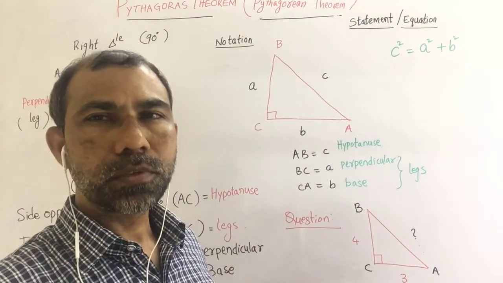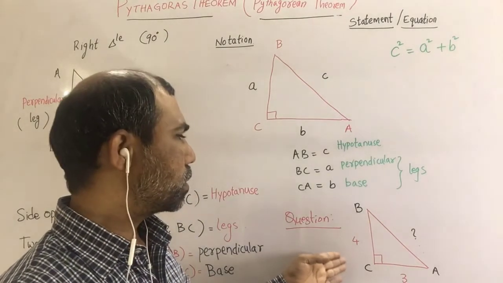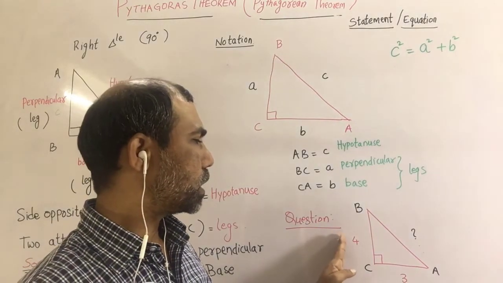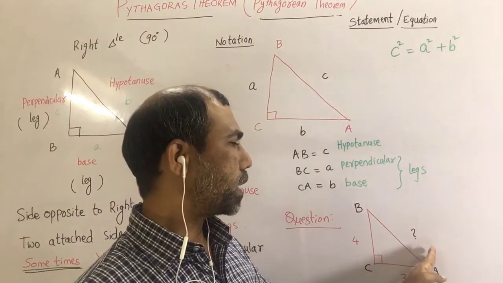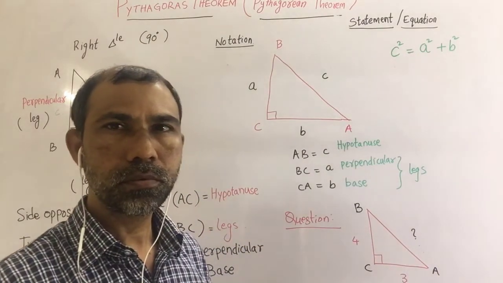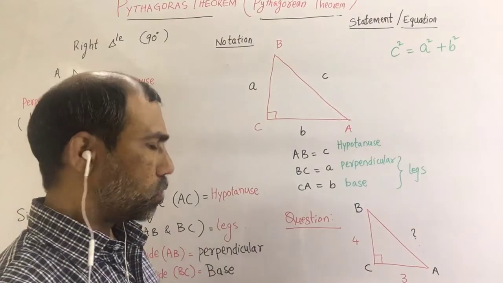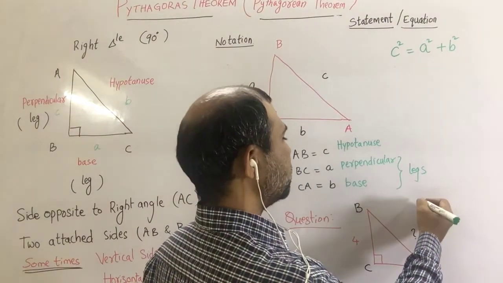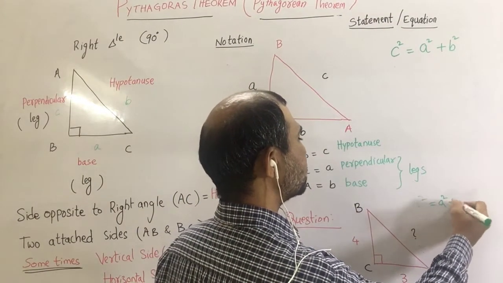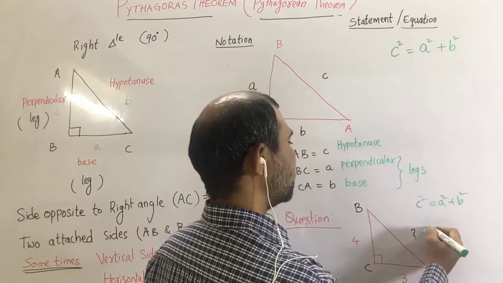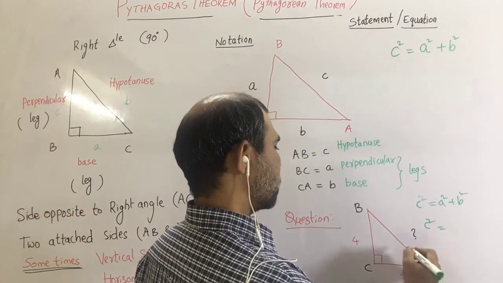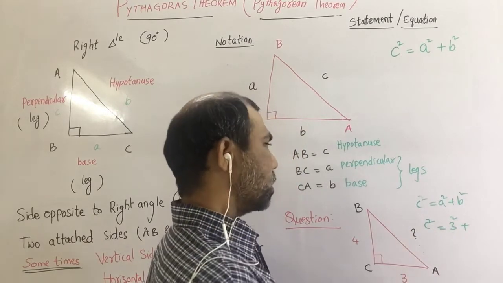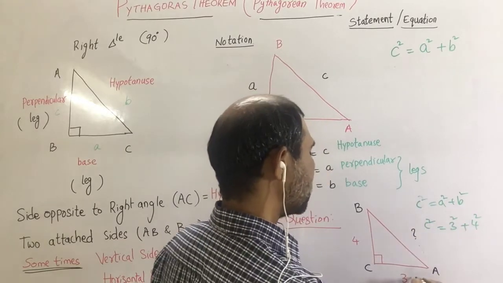Let us solve some questions here. In this question we have 3 centimeters as the base and the height is 4 centimeters. Now we need to find the length of the hypotenuse. According to the Pythagoras theorem, we have c squared is equal to a squared plus b squared. Then c squared is equal to a is 3, so 3 squared, plus b is 4 squared, because this is the base